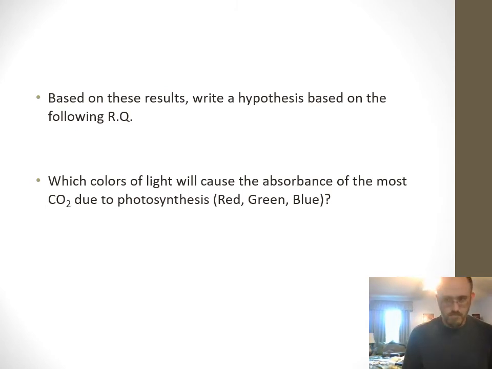So what I would do is I would write a hypothesis. Let's pretend we think green light will be the most active photosynthetic color. And then we have an idea of what the others would be. My hypothesis would be something like this: if green light is most absorbed by plants and drives photosynthesis, something like that. Or, if green light is the most active color driving photosynthesis, and I expose plants to red, green, blue, white light, and darkness, then green light will show the most absorbance of carbon dioxide,